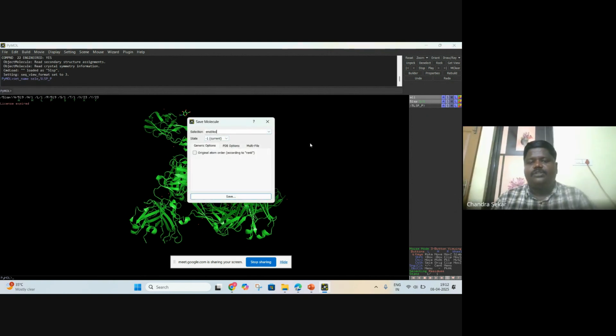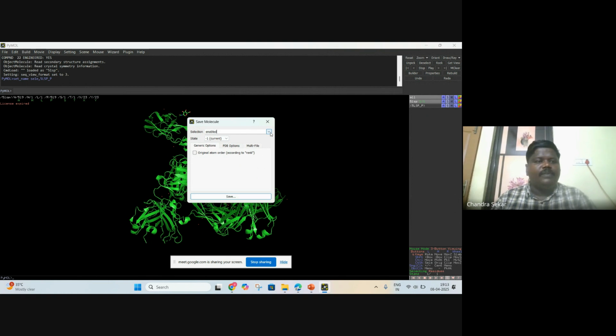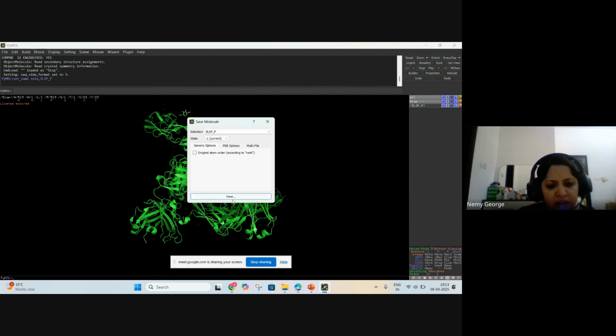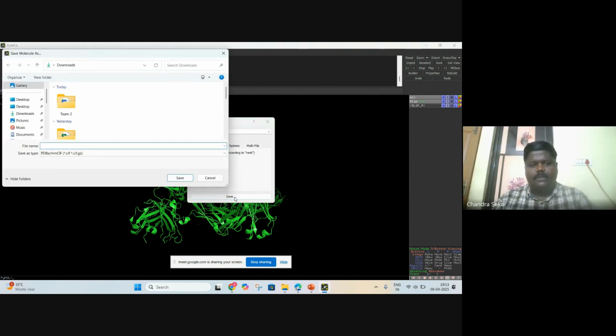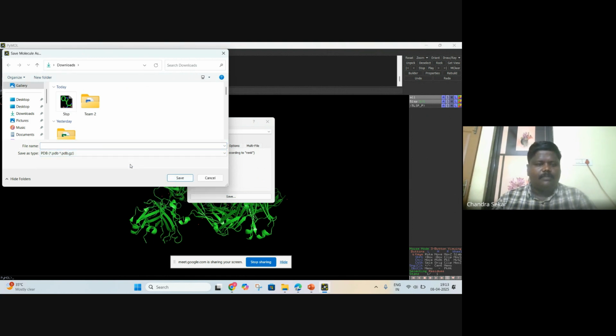I might have advised you to save as it is, correct? Now I'm not removing anything, I've only selected the required molecule. Now I'll go to 5LSP hyphen P, and save. The only option you have to change is to convert back into PDB.